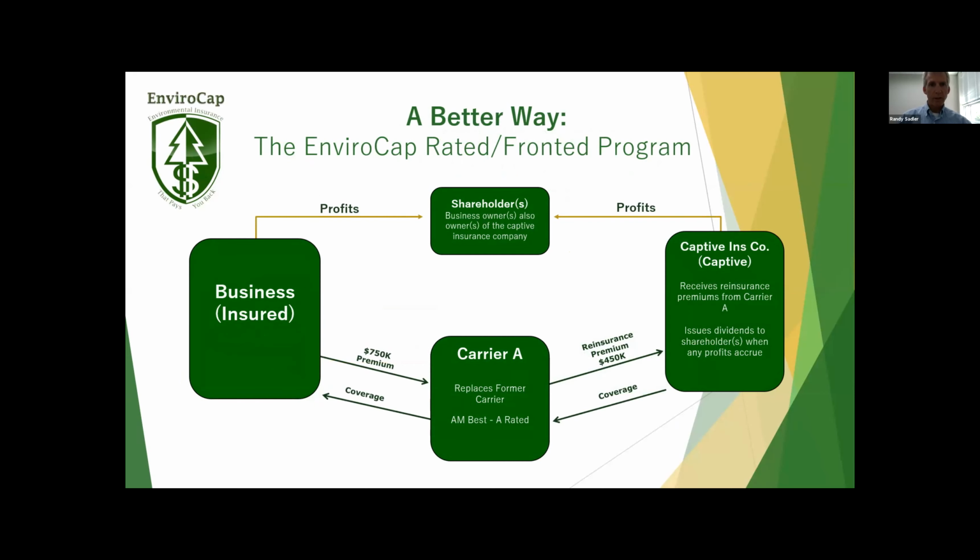Yeah, of course. Thanks, Chris. Chris said this illustrates the EnviroCap program. This program is considerably different from a traditional guaranteed cost type of arrangement, which you saw in the former slide. There are similarities, as you can see. There is the insured business on the left, and the carrier A, that premiums are being paid to. In this illustration, $750,000 of premiums in exchange for